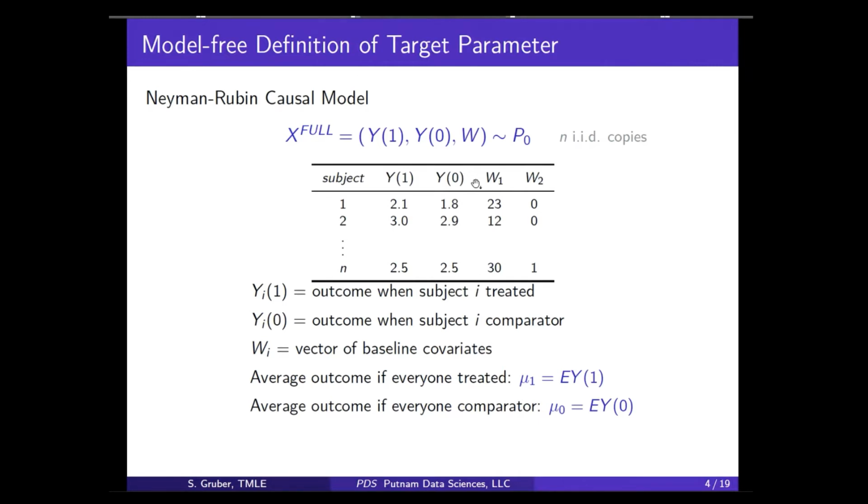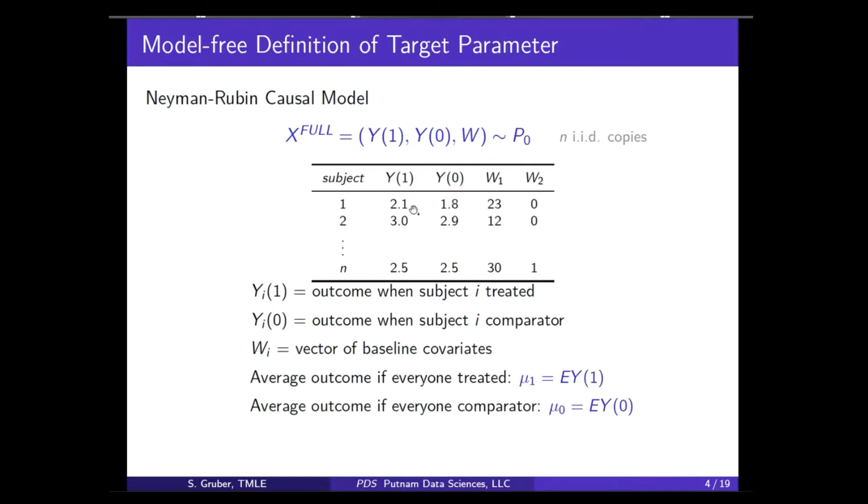That's about real world data. In this full data, we just have all the outcomes listed here for everybody. So in this idealized world, if we have N people in our population and we know all their outcomes and all their covariates, and we wanted to know, if everybody was treated, what would the average outcome be in the population? I'm calling it mu1 here, and that's the expected value of Y1.